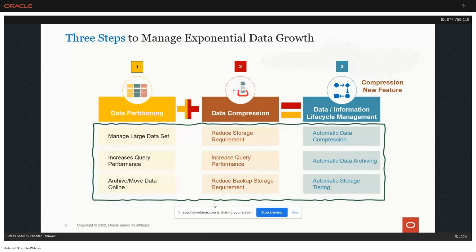This combination will help you to achieve information lifecycle management. In other words, I can say data lifecycle management. So step one is your data partitioning. Step two is the data compression, and the combination of both, we can say step three, is your data